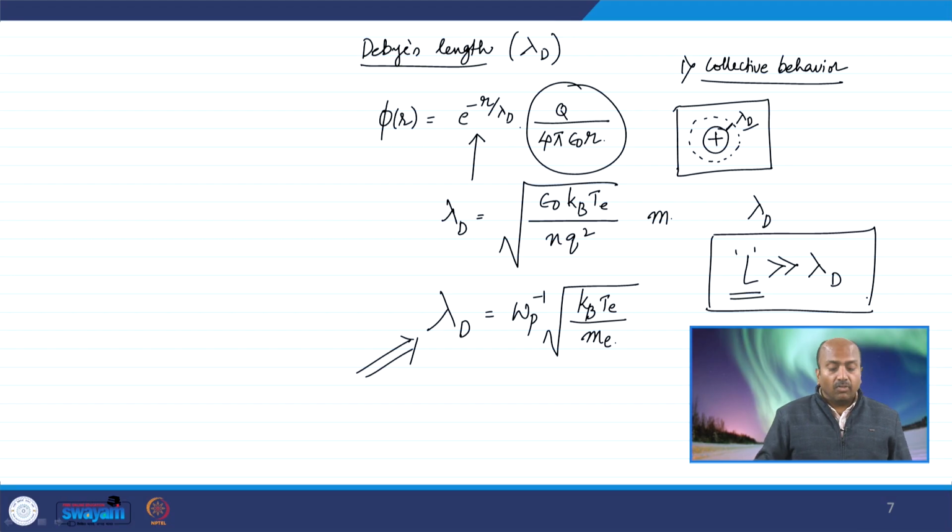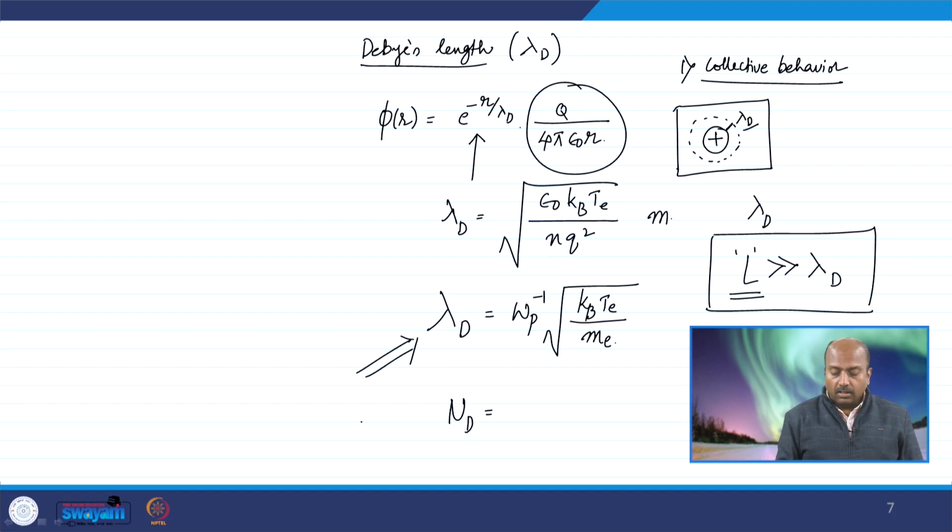So the earlier criteria was between the plasma frequency and the collision frequency, or the mean free time between the collisions of plasma oscillations. Right. Now, with the help of Debye length, since it is a length parameter, we define what is called as ND, the Debye parameter, which is again,